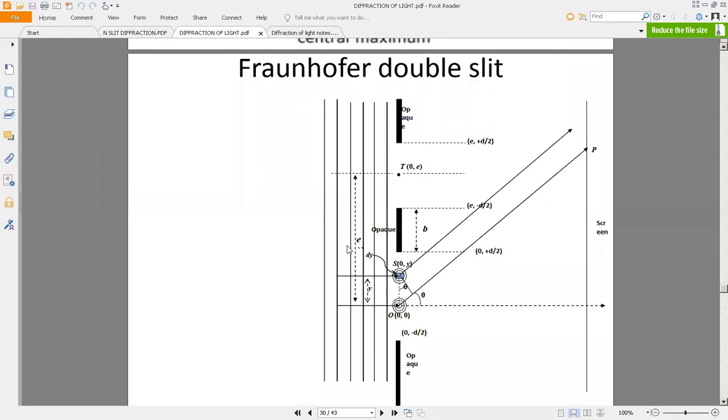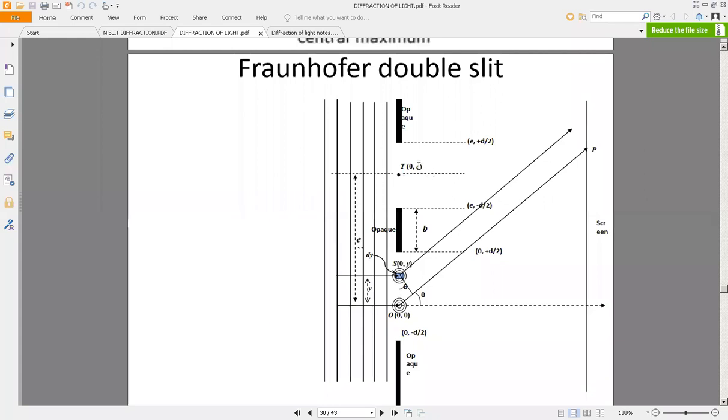Now, why have we added this e? There is a reason for adding this e. We know the slit limits of the first slit are, if this is 0, this is going to be plus d by 2, this is going to be minus d by 2. Total width is d, right? Similarly, this center coordinate, that is the point D, is at a distance of e units from the center, that is origin, right?